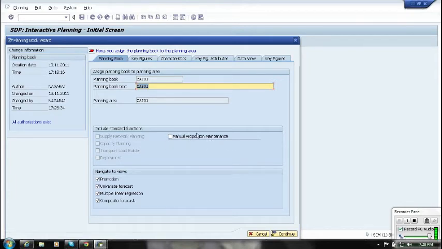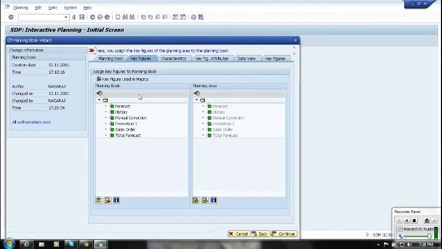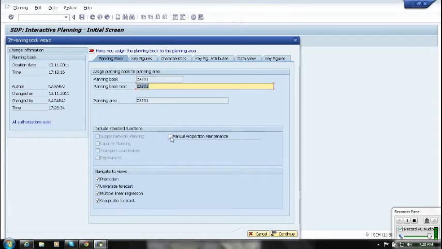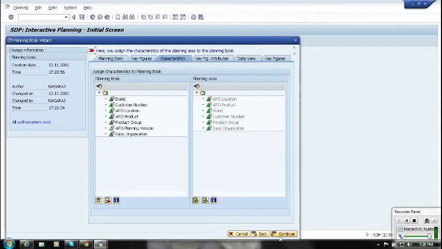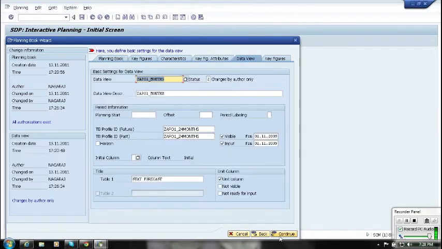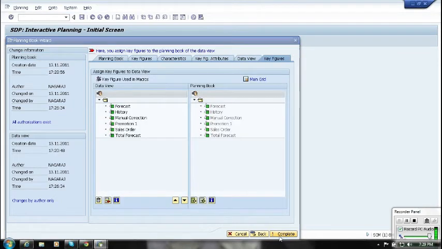Earlier it was disabled, now this option is enabled. Now you can see the key figures: forecast, history, manual correction, promotion, sales order, and total forecast. Total how many? 6 key figures are there. So now I can go to the planning book and I will select this option and continue, continue, continue, continue, and complete.